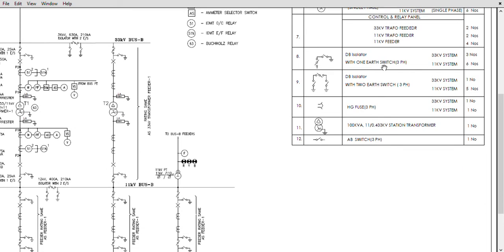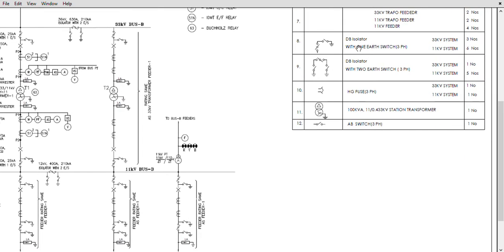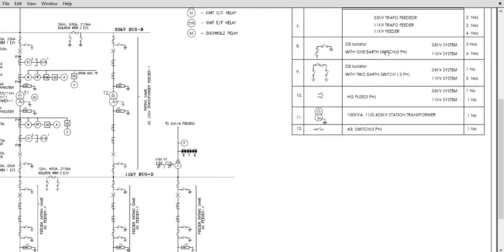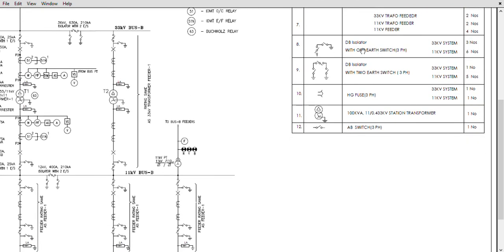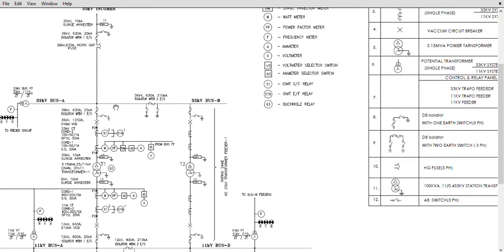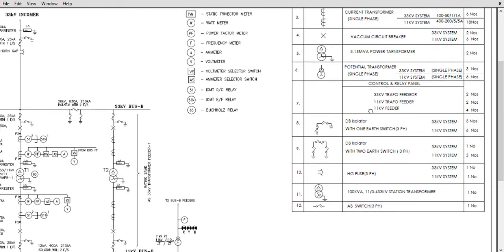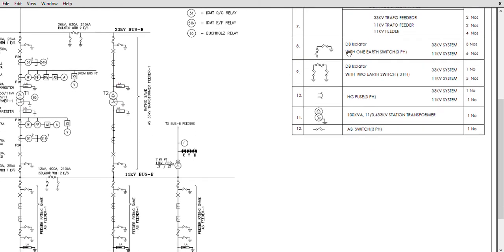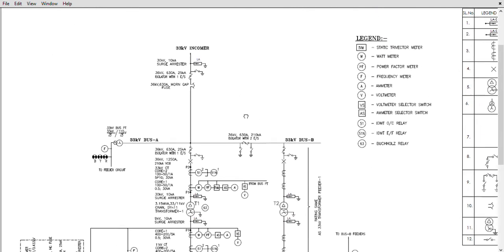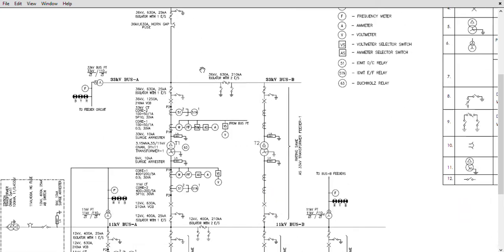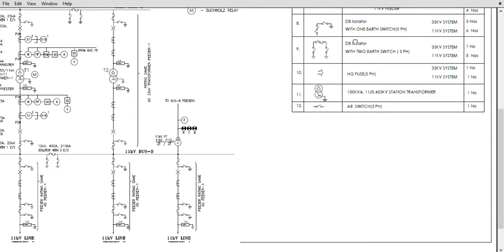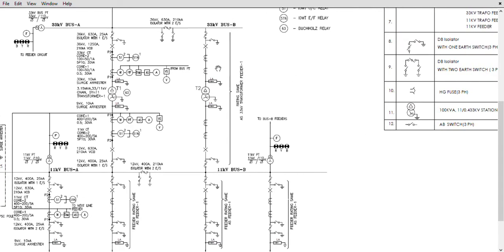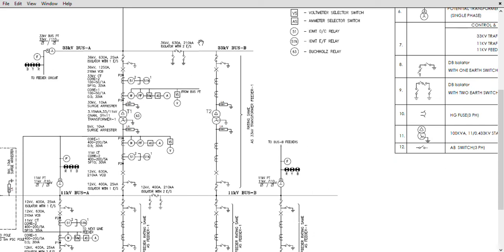Okay. And coming to isolators, DB isolator, which means double break isolator with 1 earth switch. In general circuit breaker and isolator come in a 3 phase, and hence will be represented as one number for each circuit. Like that, how many isolators with 1 earth switch do we have? In the 33 kV system we have 3 numbers. Where do we have 3? Here we have 1 and here 2 and 3. Then in 33 kV we have a double earth switch as well, right? Where is that? We are using that as a bus sectionalizer. Here it is.